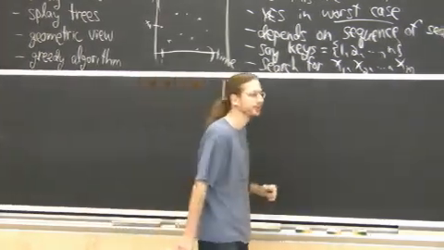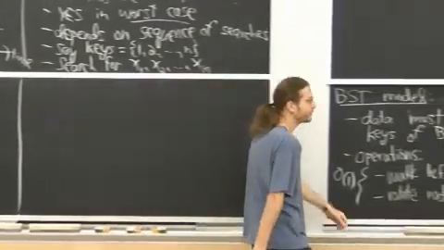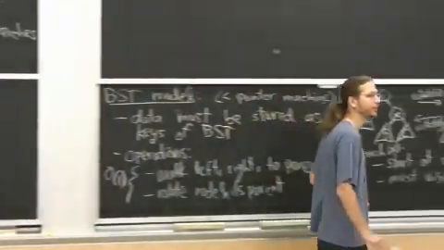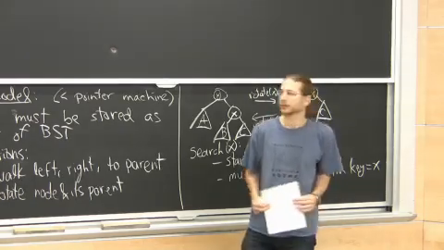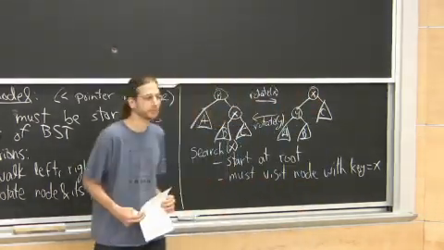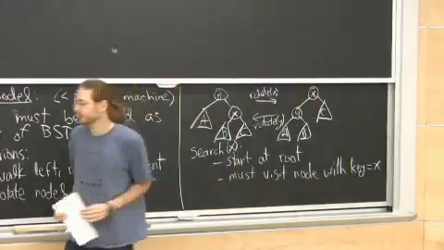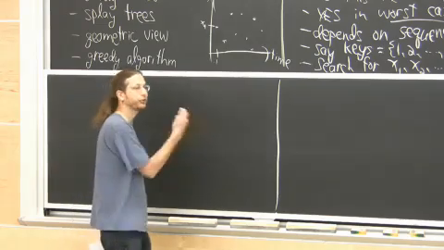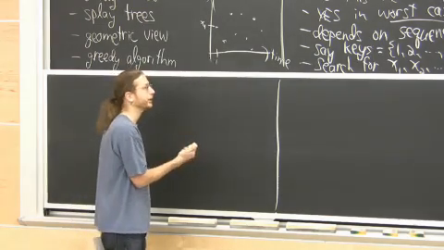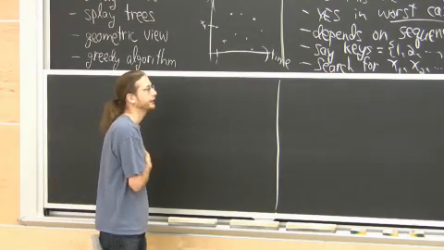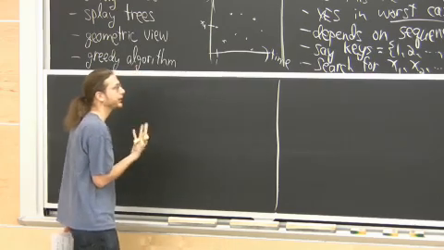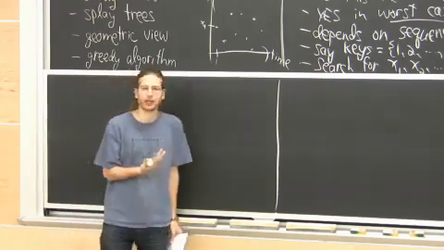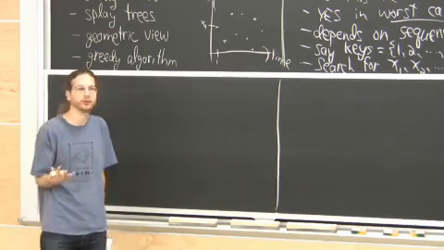Yeah? N divided by 2. N divided by 2. What do you mean? Like, that's going to be the median. Oh, if you're searching for the median in a perfectly balanced tree? Yeah. That's true. So if you're always searching for the root of the tree in particular, that's going to be good. But that depends on the tree though. I'd like a particular access sequence that I can always serve well